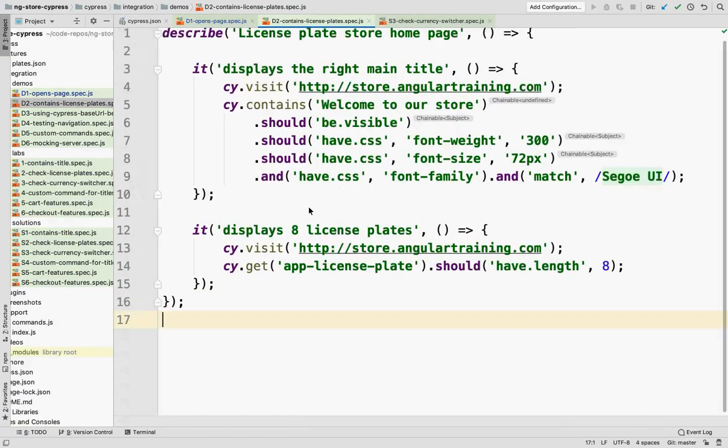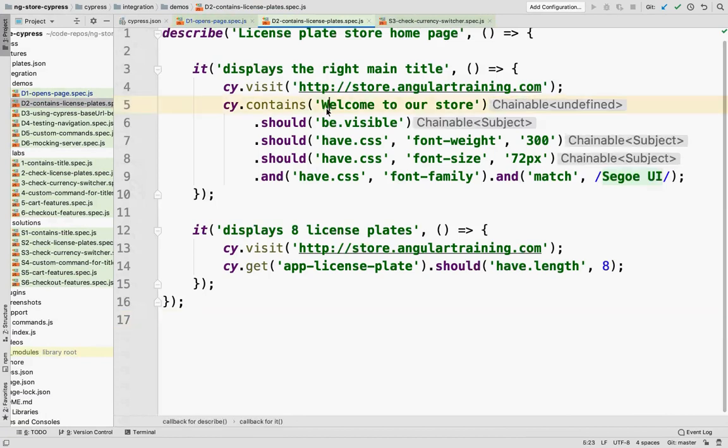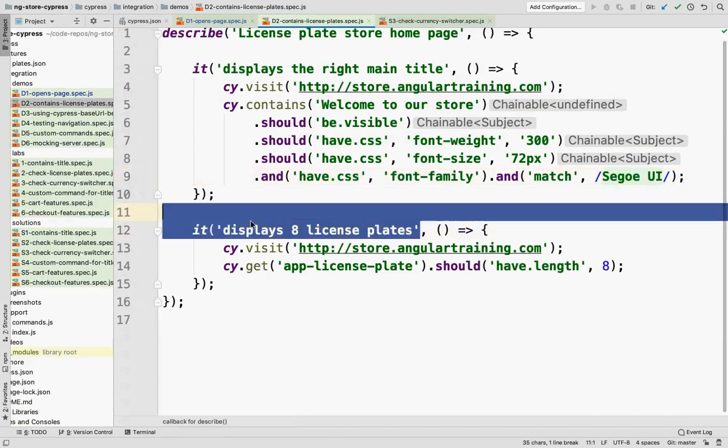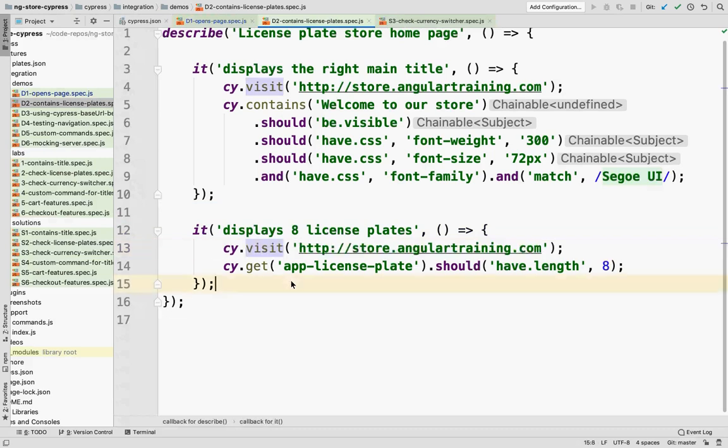like this, for instance. So here, I create the first test where we go to the store. We check that the title is all good. So checking the CSS, the font family, all of these things. And then I want to make sure that we have 8 license plates displayed in that store. So I go to that page. I select all of my license plate